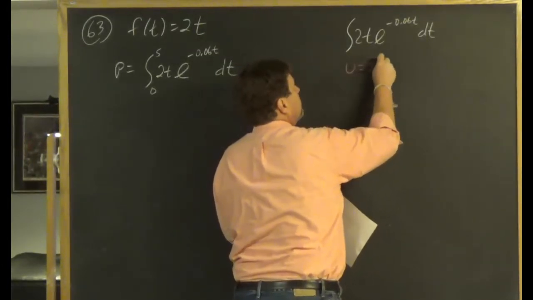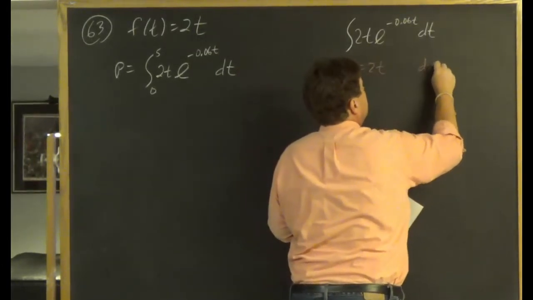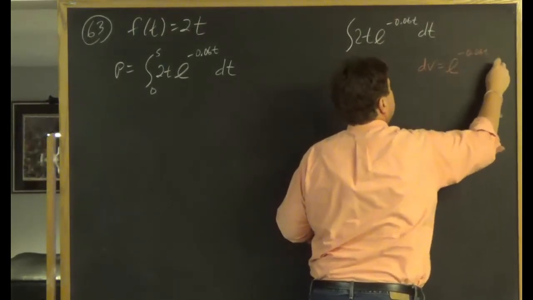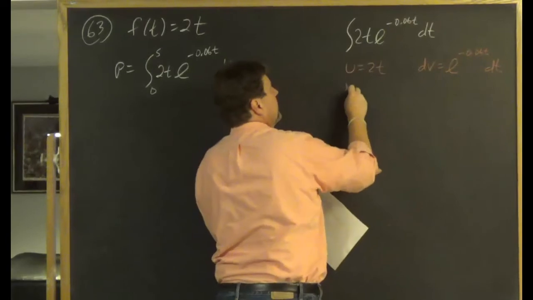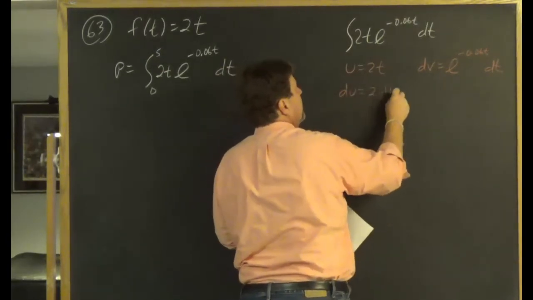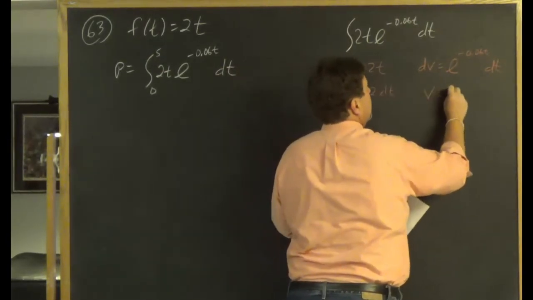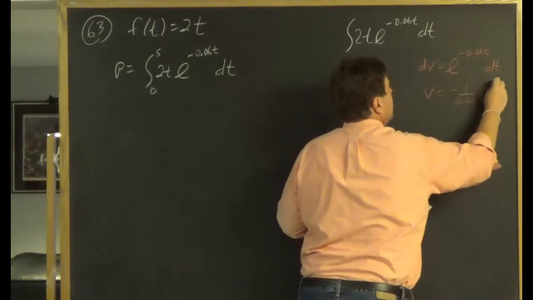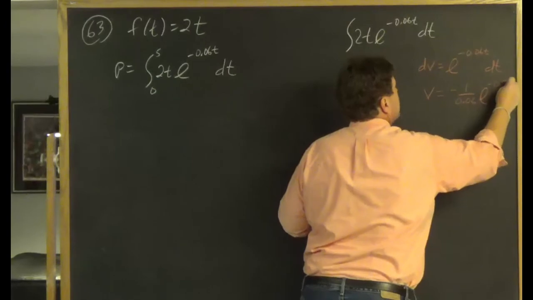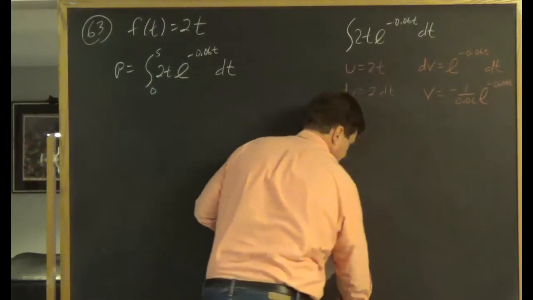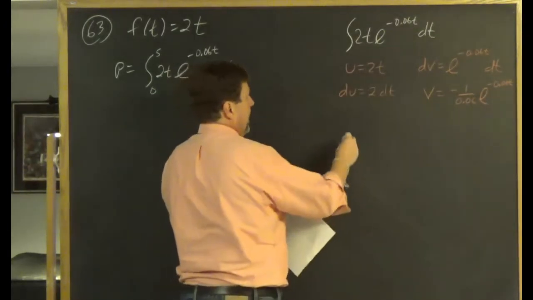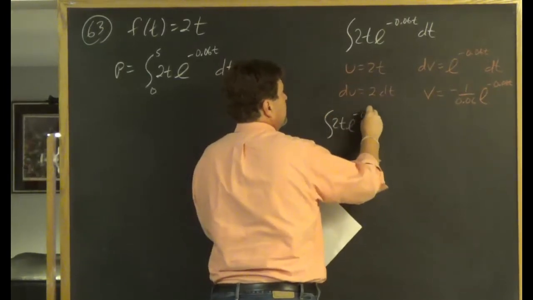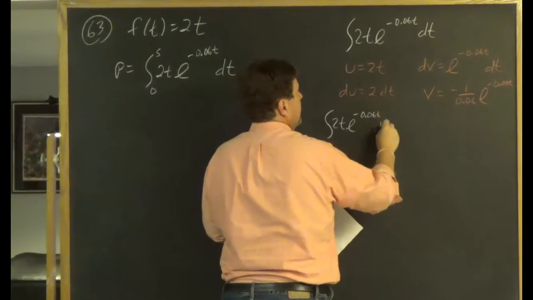Let u equal 2t. dv is e to the negative 0.06t dt, du is 2 dt. And v is, well, we're making use of that little formula that we learned back in chapter 6. Kind of nice to know it. So we have the integral of 2t e to the negative 0.06t dt